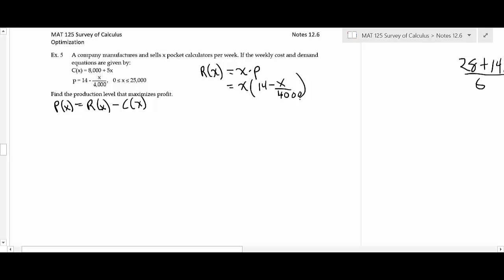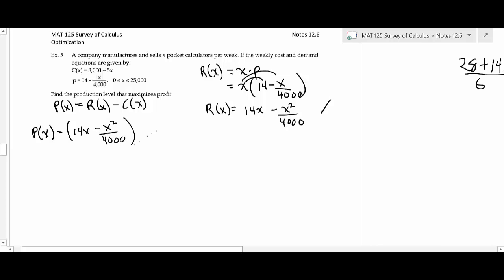So you want to do a distributive property there. So that's going to give R of X equals 14X, and then you're going to have X times X, or X squared over 4,000, like that. Okay, so that's your revenue. Since we're maximizing profit, your next move is to go ahead and find your profit. You should have been doing this on your assignment this week. So the revenue is 14X minus X squared over 4,000, and your cost is 8,000 plus 5X,